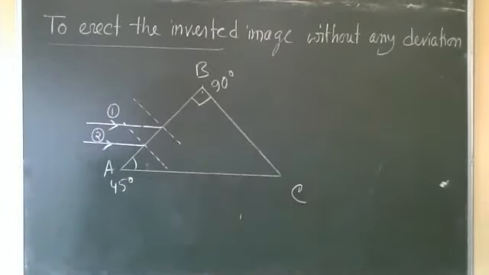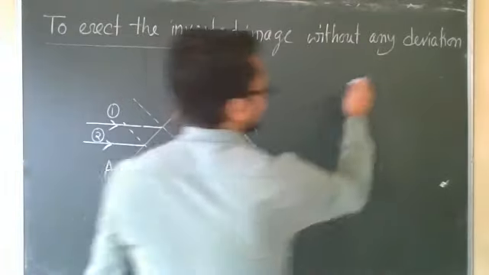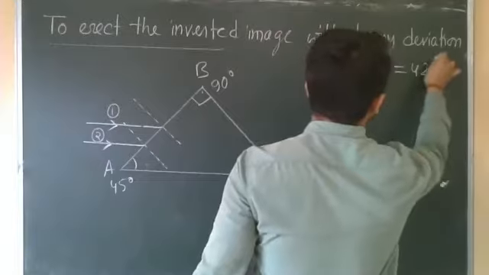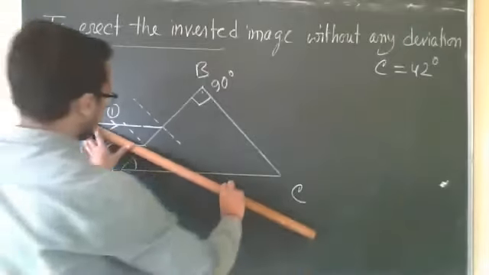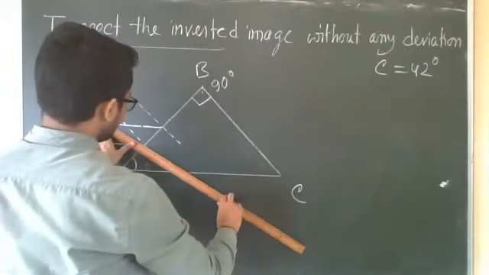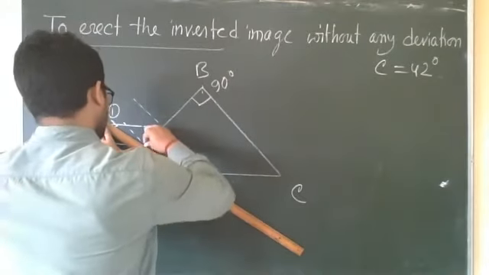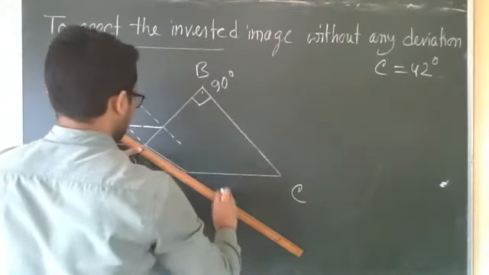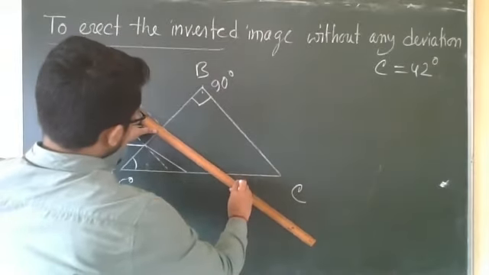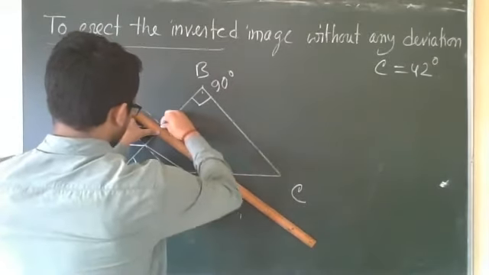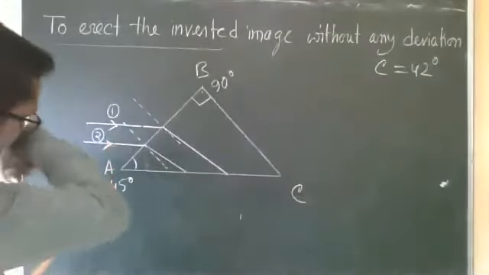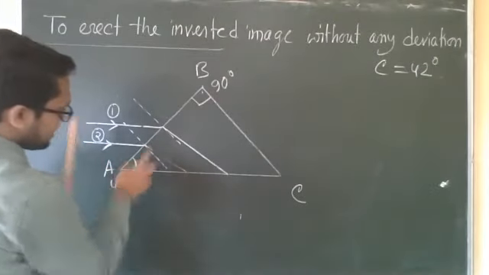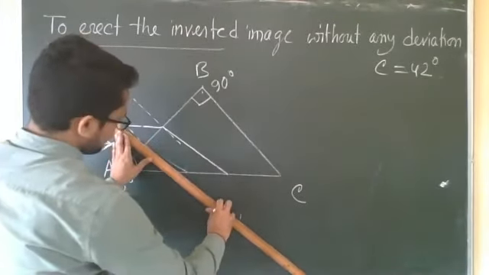It is entering from air to glass. So what will happen? Light will bend towards the normal. The critical angle is 42 degree because it is a glass air interface. As it is a parallel ray, they will bend similarly. That means these two refracted lights will also be parallel, because this is monochromatic light. Very nicely you have to draw, otherwise you will not get it in this case.